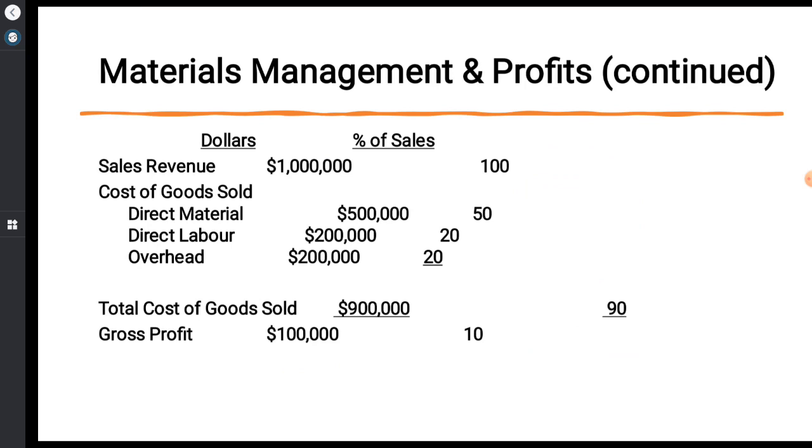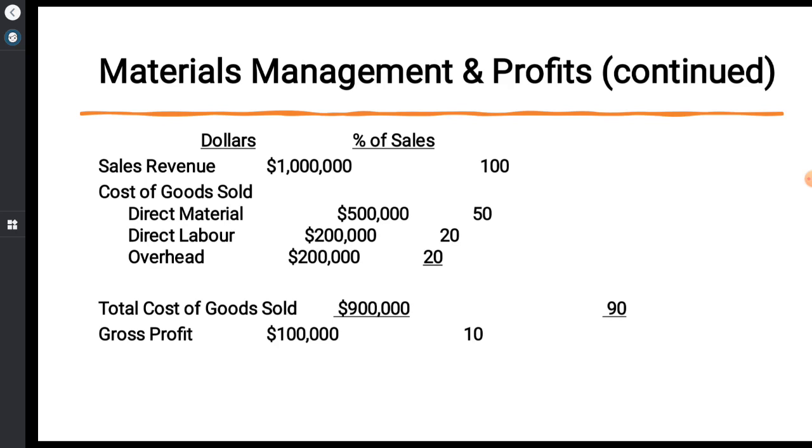So the total cost equals 900,000, and this number represents 90% of the sales, leaving only 100,000 US dollars as a gross profit, which equals 10% of sales. So now, if through a well-organized materials management department, through smart, effective and efficient management